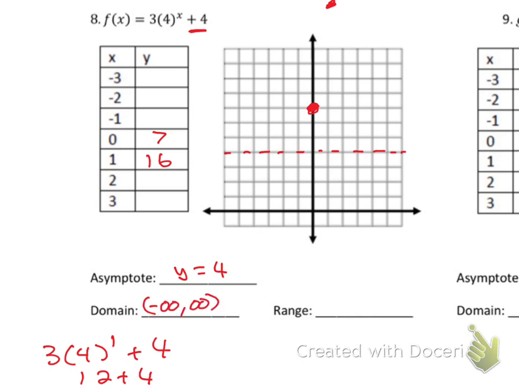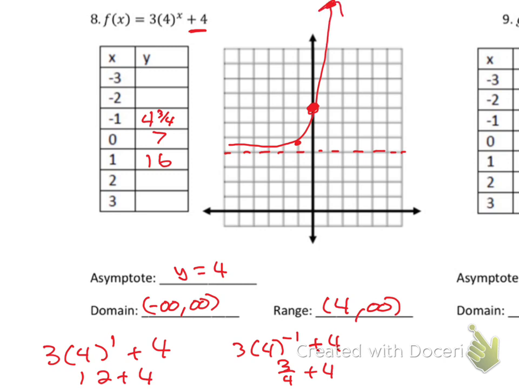And that range would be from 4 to infinity there. Okay. And then real quick, I'll try and get this before the bell rings. 4 to the -1st plus 4. That's 1/4 plus 4. So 4 1/4. Right in there. We would have our function right there. Okay. I'll post this on